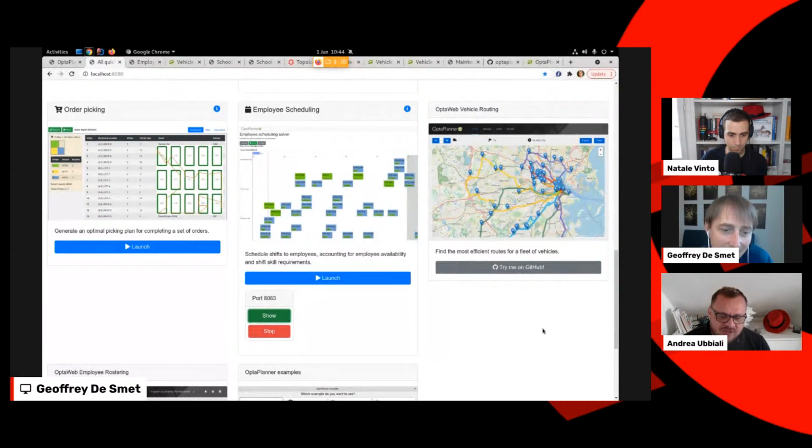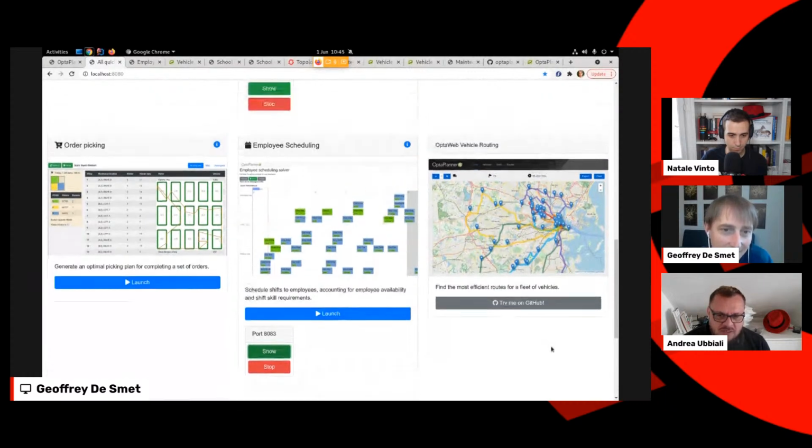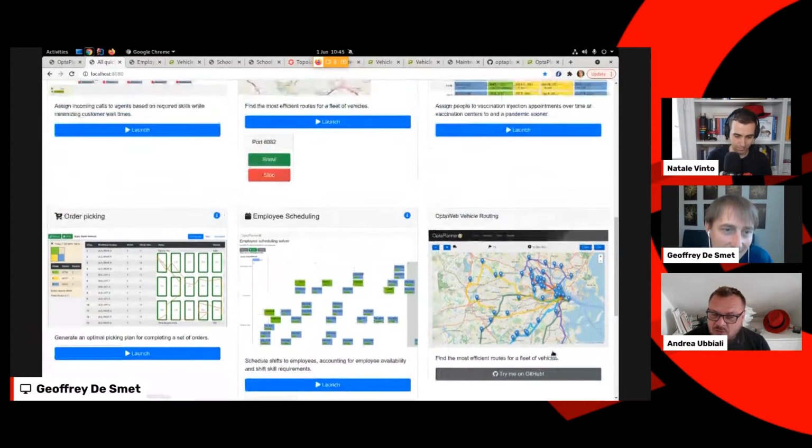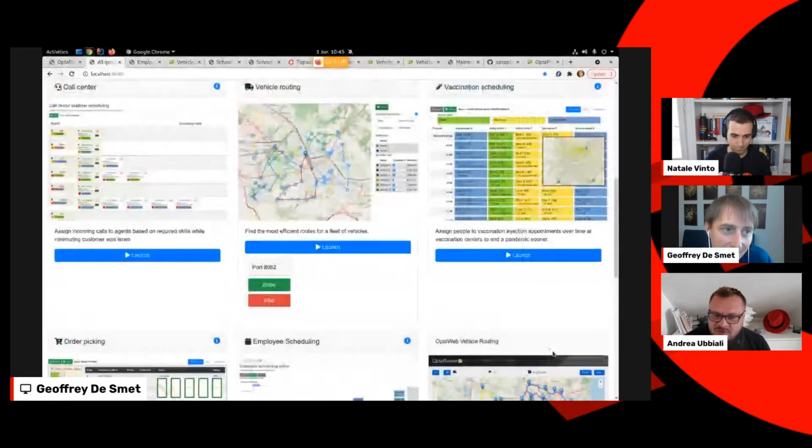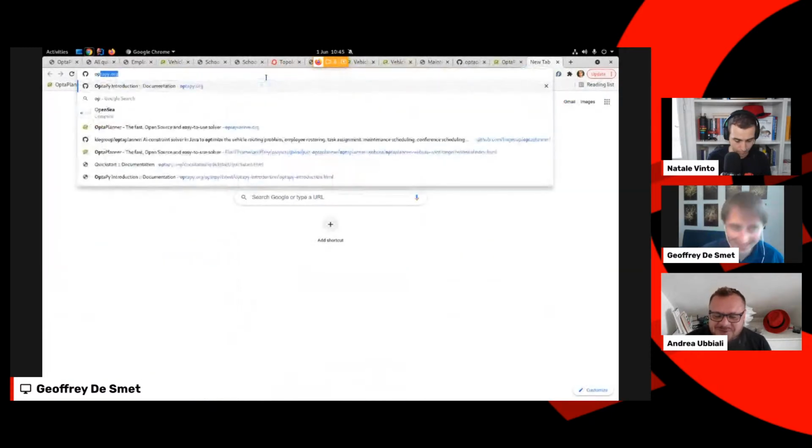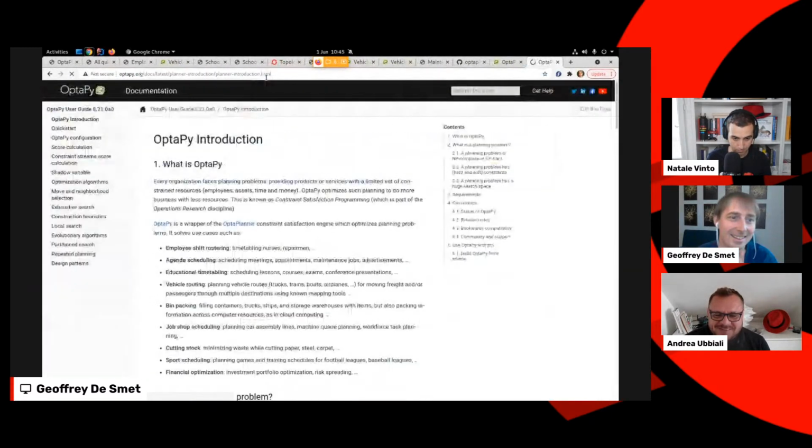Are all these examples in Java then, or do you have the examples also implemented in, let's say, Python, for the benefit of those who are more familiar with Python, especially the AI crowd?